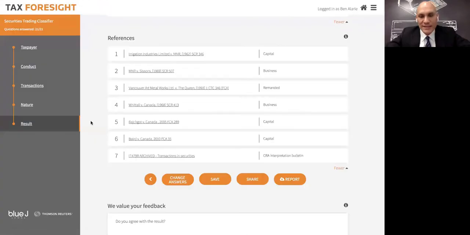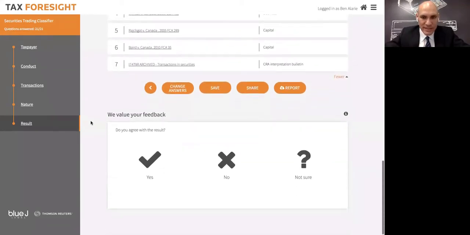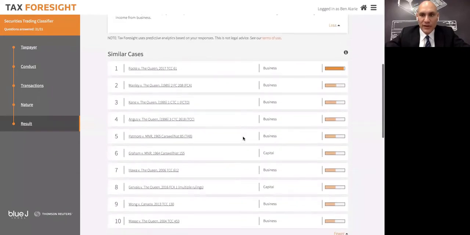If I were advising this taxpayer, I'd say, hey, look, we could go to trial. I've presented the facts as sympathetically as I could, and it doesn't look good, but we can do some math about figuring out whether it makes sense, or perhaps we should just settle. Maybe we should figure out the best terms to settle this case. And then we're asked for some feedback. Do you agree with the outcome or not?